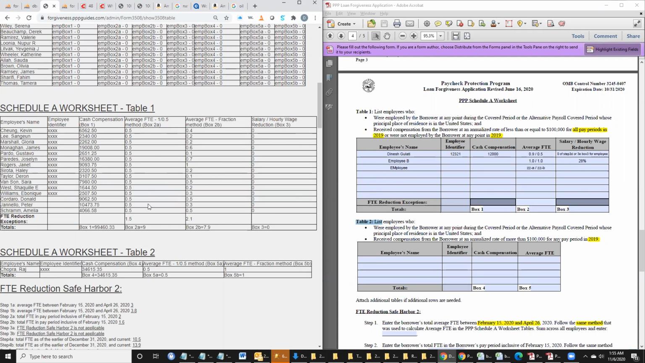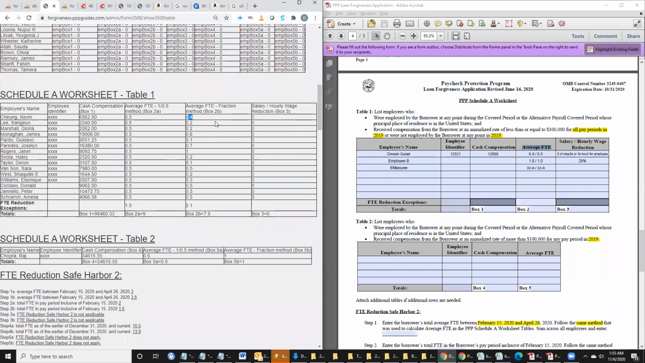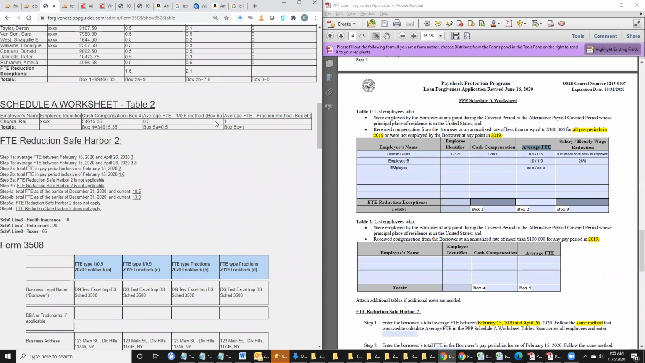So if you notice, we have box 2A and box 2B versus here there's only one box because this is FTE count. Our software calculates FTE using both methods, one 0.5 and fraction method. It does it both ways. So software is calculating FTE count for Kevin is 0.5 or 0.4, depending on which method you calculate. If you keep going down,